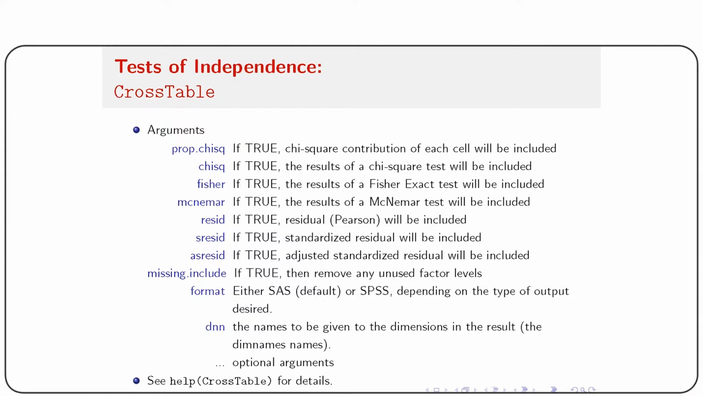And format, either SAS or SPSS, depends on the type of outcome desired, whichever you want. The format default is SAS, and for the second format, SPSS, you can get it. And dnn is the name to be given to the dimensions in the results. That is the dimension names, and the triple dot options are there for any other arguments for any functions that